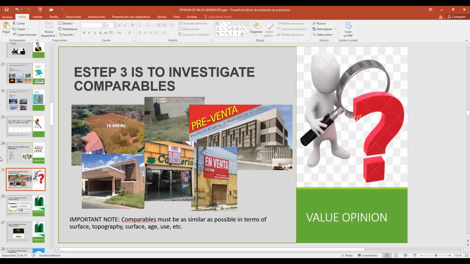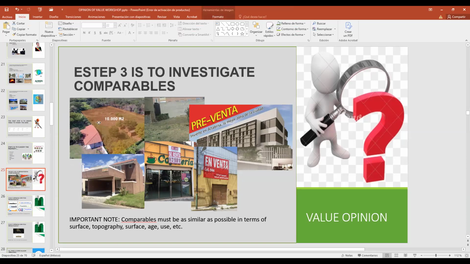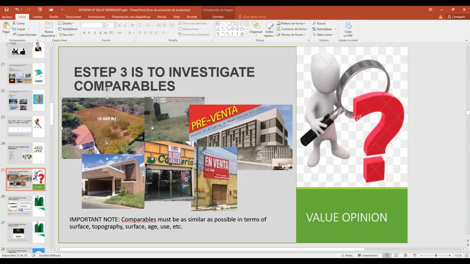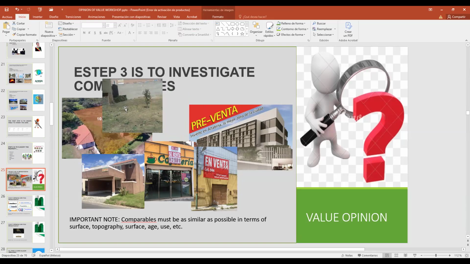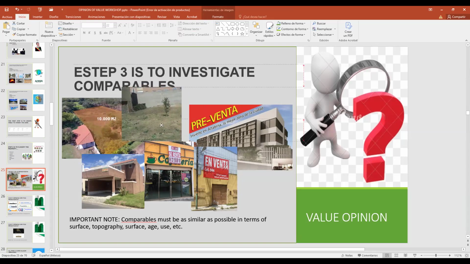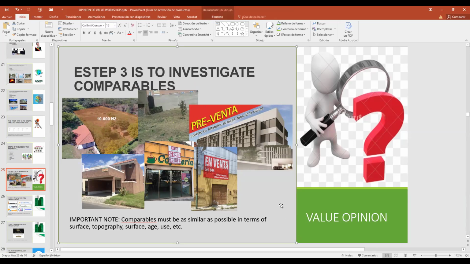In the images, we have a land of 10,000 square meters, and another land that could be 300 square meters. The amounts are different, so they are not similar. To be similar, the difference has to be very, very short, talking about the surface.